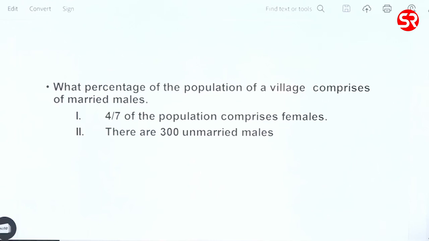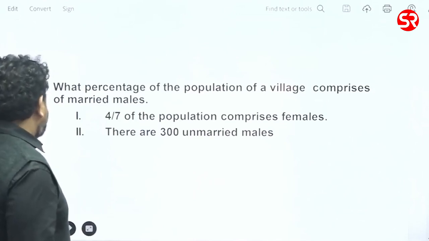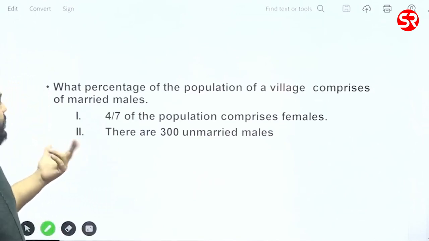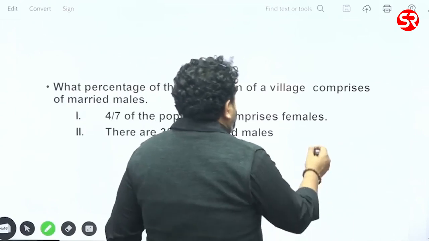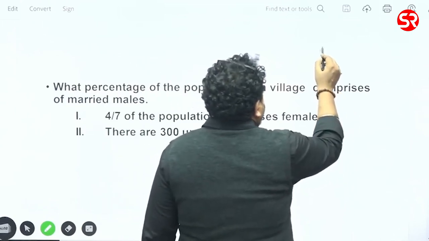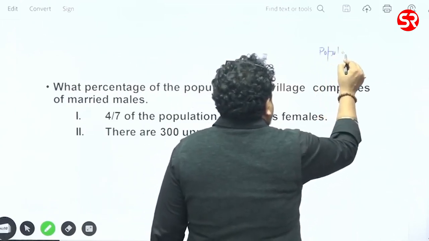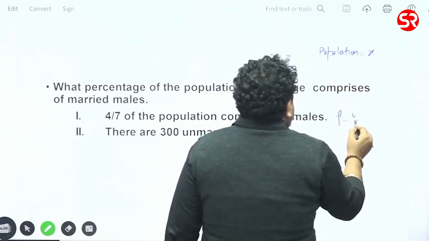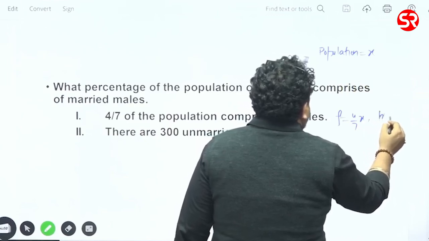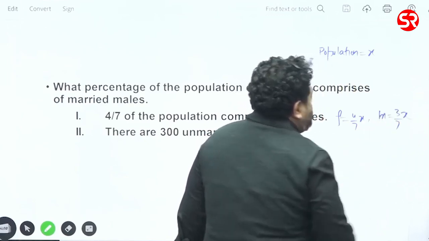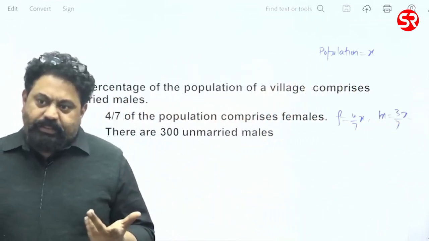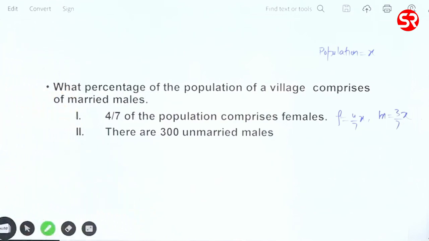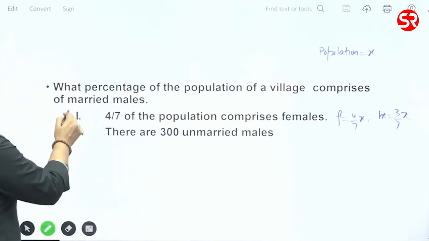So, what percentage of population of a village comprises of married males? Married males. So he says 4/7 of the population comprises of females. So if the total population was X, so females would be 4/7 of X, which means males would be 3/7 of X, isn't it? But how many of these males are married? First statement does not give us any answer,